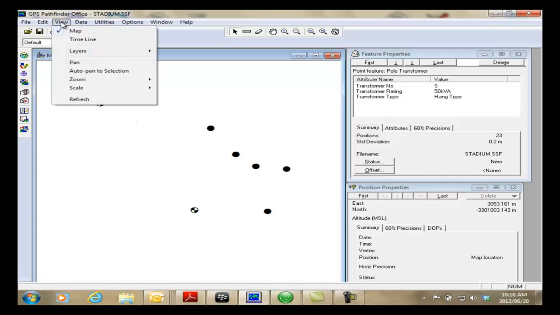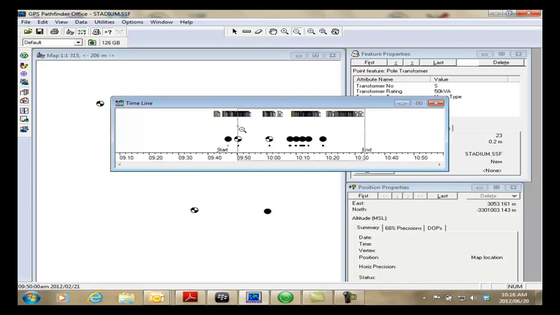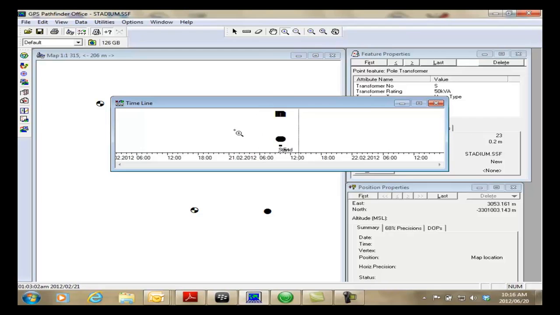and then open View and Timeline. You need to see when the data was recorded, so you know which file to download manually. So click on this little zoom out, just to zoom out so you can see the date as well. Okay, so there's the date, 21st of February 2012. I can see that data was done more or less between 8 and 12. And then you can close this,